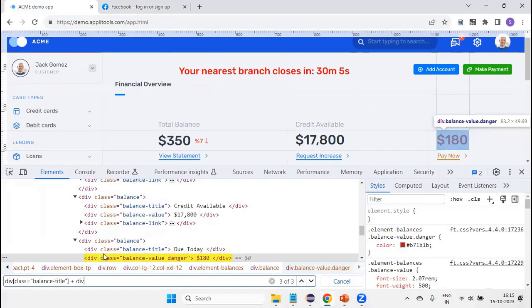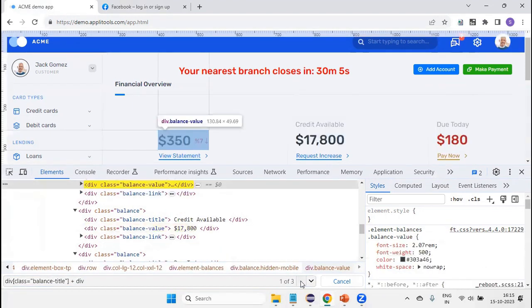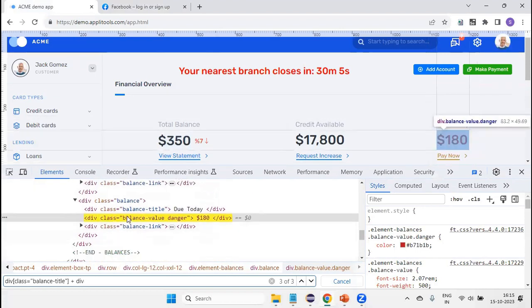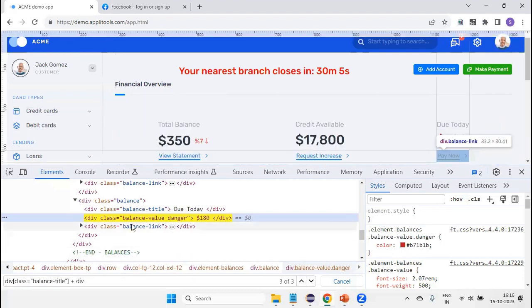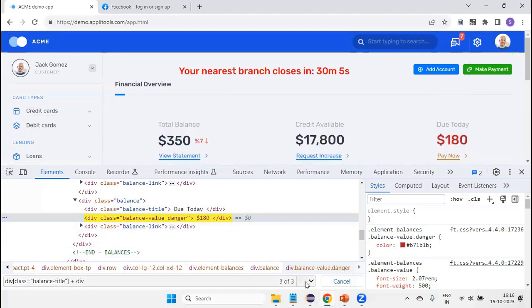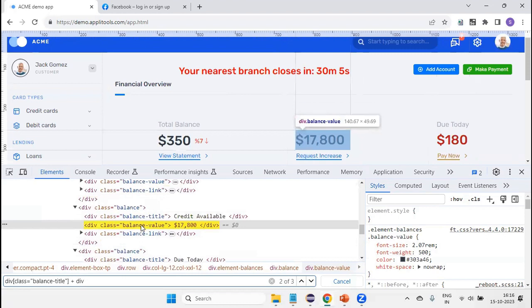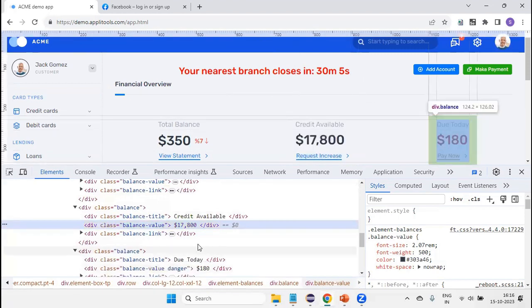So this is giving the next sibling. Okay, next sibling of the element. Now if I use this balance value, then it will go to the balance link. If I use this,